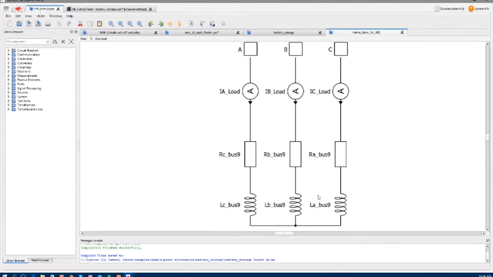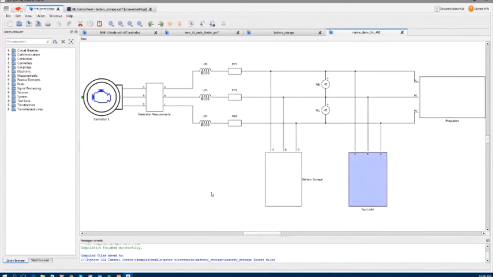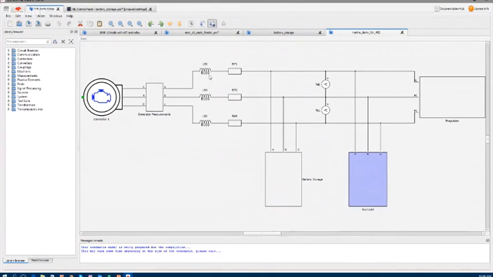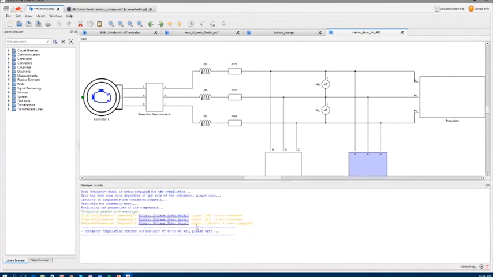So the complete shipboard power management system, this kind of model, can run even on our entry-level devices with a very small time step. Again, compiling this model and running is just one click of a button, and you will see now the compiler log compiling this model for the HIL 402 for an entry-level device.